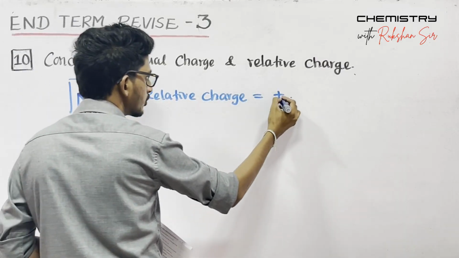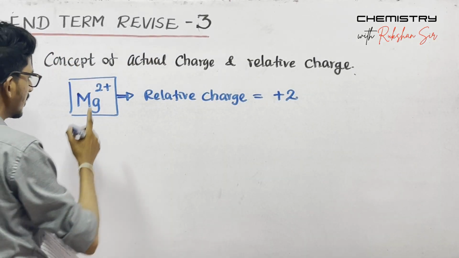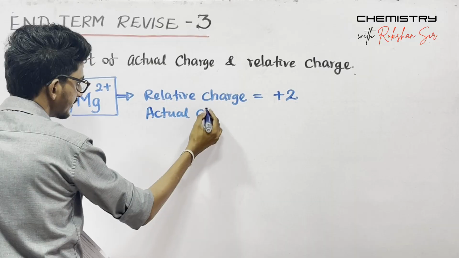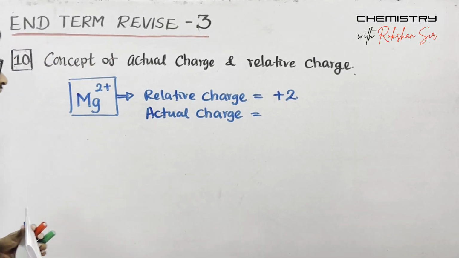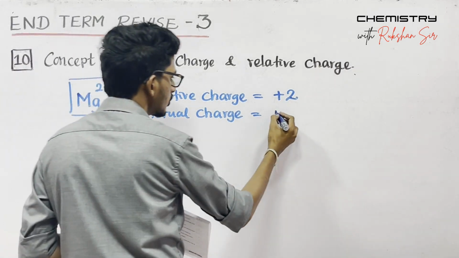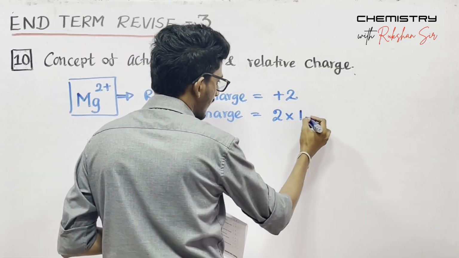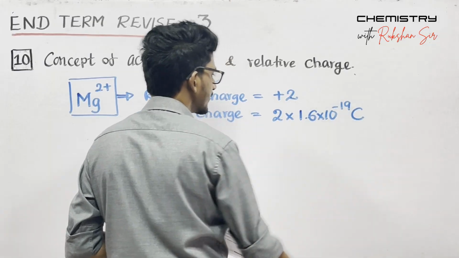That is the plus 2. 2+ means the relative charge. Then what is the actual charge of magnesium 2+? The actual charge is 2 into 1.6 into 10 to the power minus 19 coulombs,